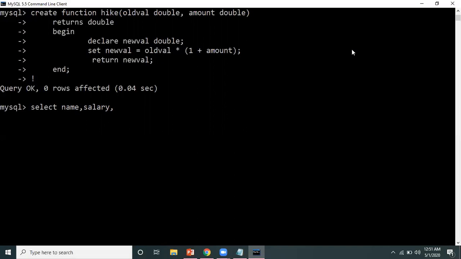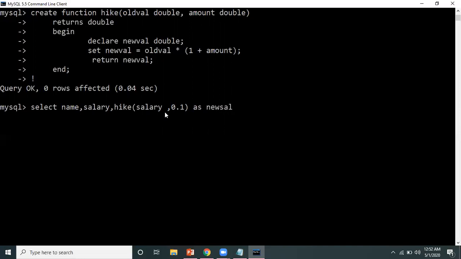So here I will call this function, which I renamed to hike, and this is taking two variables, old value, the value of the salary I'm passing, and the raise, meaning the amount. I'm writing the amount as 10%. So instead of 10%, I'm writing 0.1. Fine. And this new column where the calculated value will come, I want to name that column as new salary.